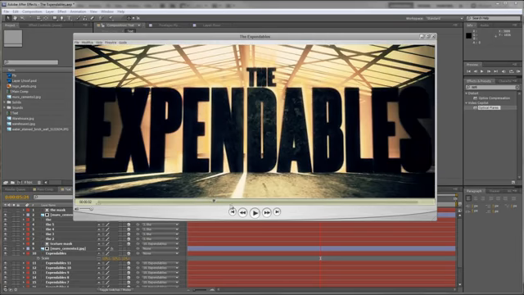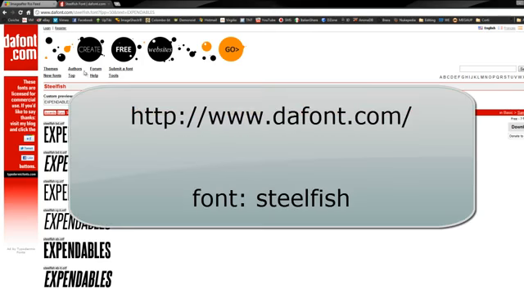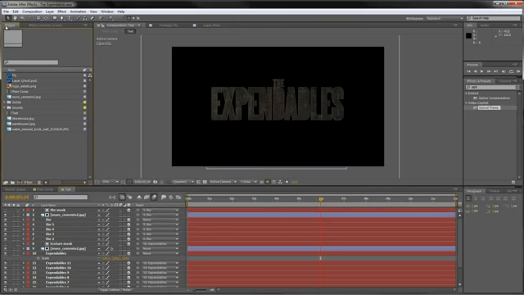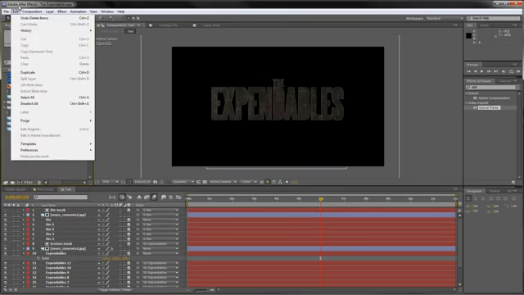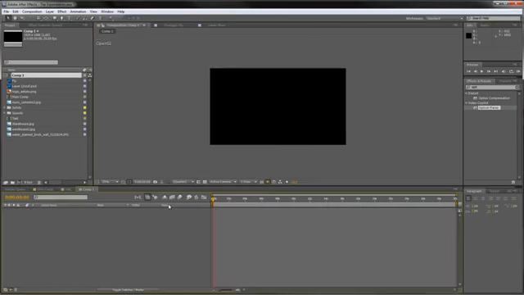And let's start. Before starting, we need the font. Go on Google and search Steelfish. I found it on dafont.com. Download and install it. Then return to After Effects. Create a new composition, HD, and